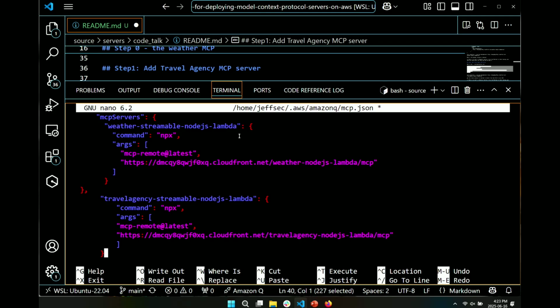And as you see, it's another Lambda function. Okay, it's deployed behind another CloudFront distribution. So now, if I just register that and go out,